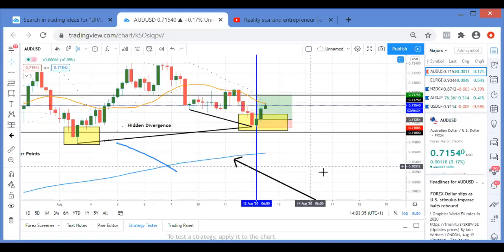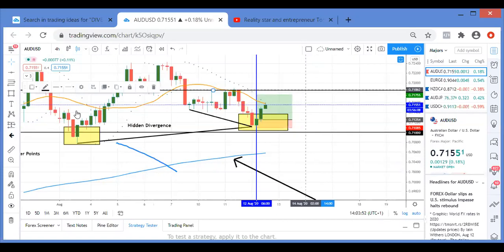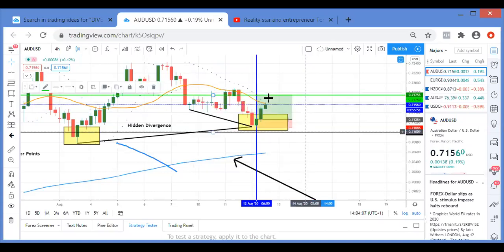Great. And guys, have you noticed? You know this second take profit, how did I find it? That's the question. Look, here's my ceiling. First of all, I put my green line there. Now what am I looking for? Quarter points. Settings. What is the nearest quarter point? 0.71750. Yeah. Now look, where did it go? Exactly where my take profit is set. Guys, can you see how easy this is? It's so easy, man.